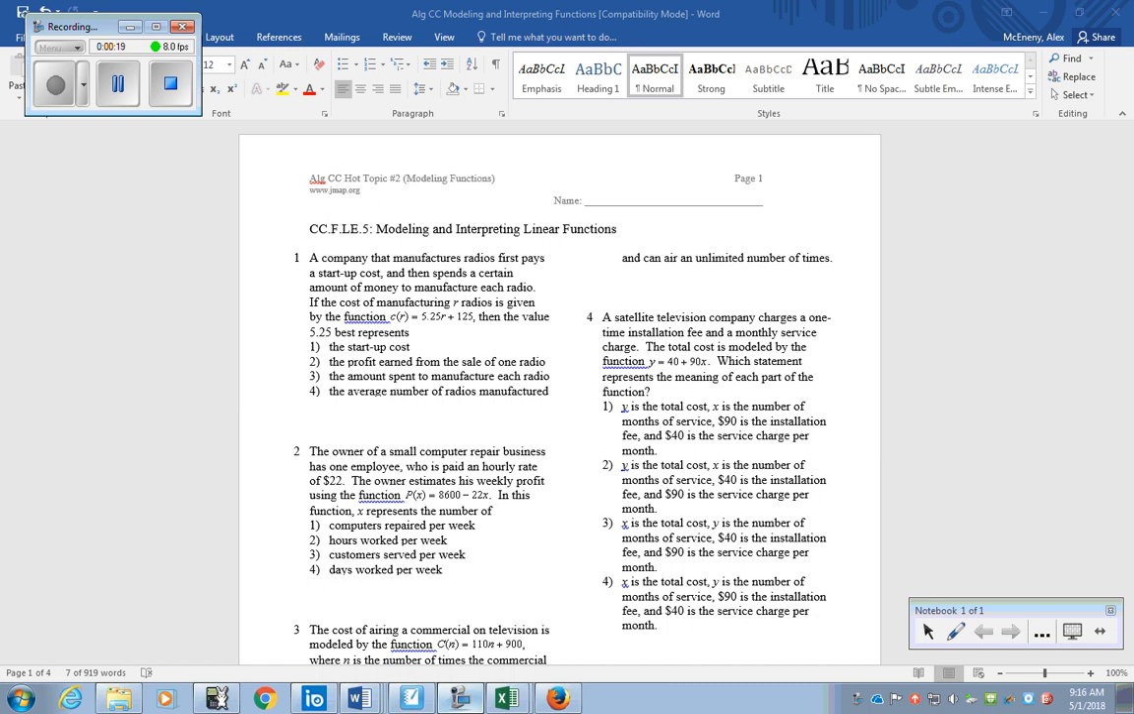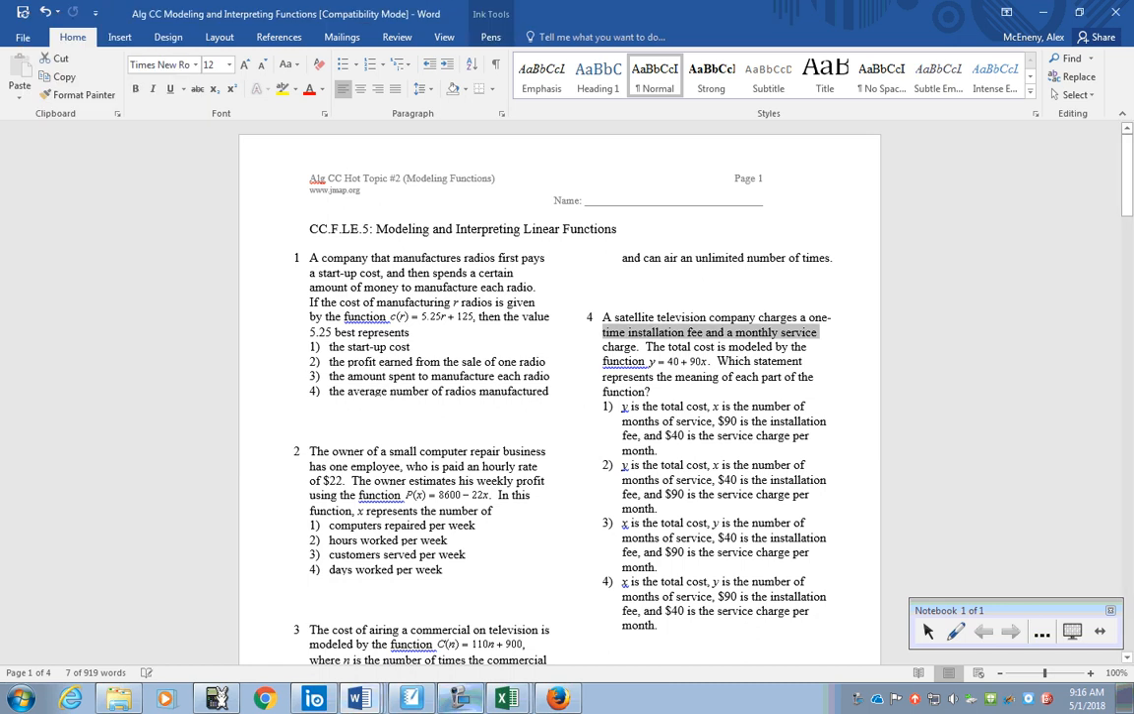For pretty much most of these questions, we're not going to need a calculator because they're more English-based, or more about understanding the context. So for question 1, it talks about a company that manufactures radios. They have to pay a startup cost and then a certain amount to manufacture each radio. So in the question it says, if the cost of manufacturing our radios is given by the function, then the value of 5.25 represents. Well, I'm going to write out the equation up here